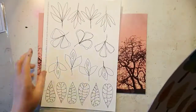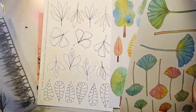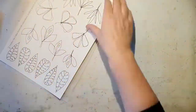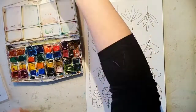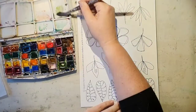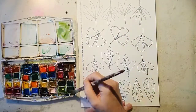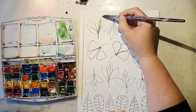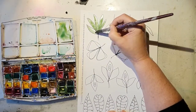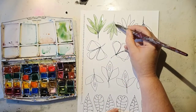I love them. I have used some of them before on my last project because I couldn't wait, so I downloaded them digitally. That was a hard word for me to say. So you can do that. You can choose if you want to have them sent for you or if you want to download them and print them yourself. Yeah, so I'm just choosing these cute whimsical leaves and flowers kind of, and I want to